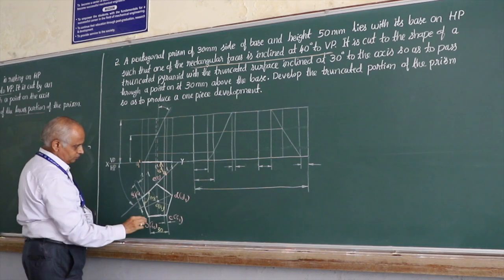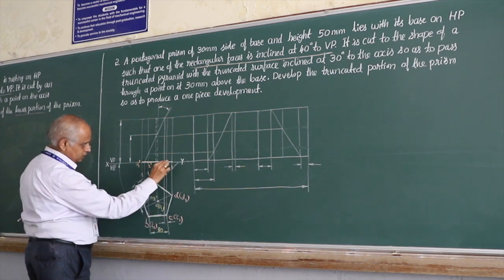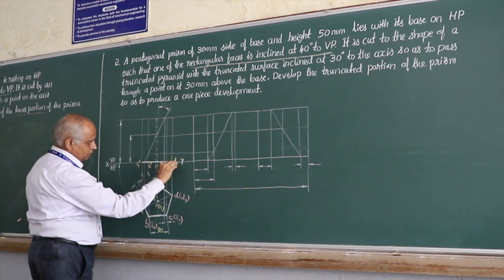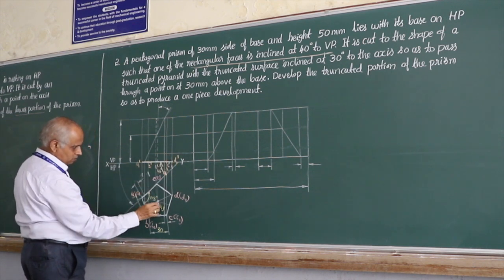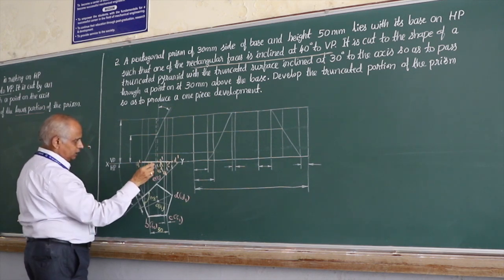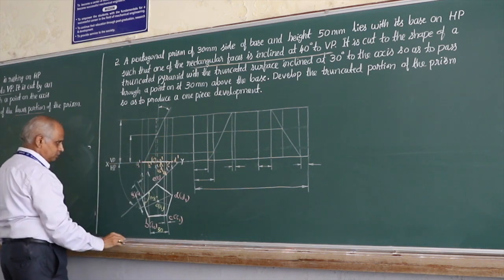A1 dash. When you take the projector here, this is B1 dash. From here, this is C1 dash, and this is D1 dash. Remember, this is O1 dash, and this is invisible point E1 dash. So this is in bracket because it is behind.